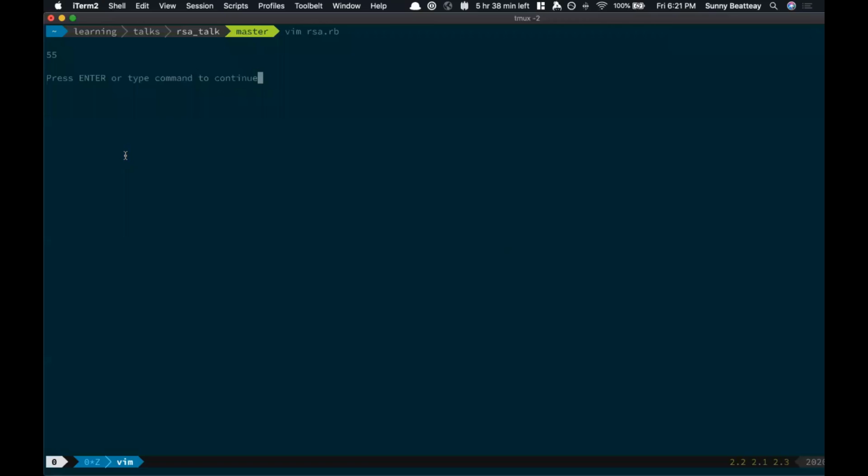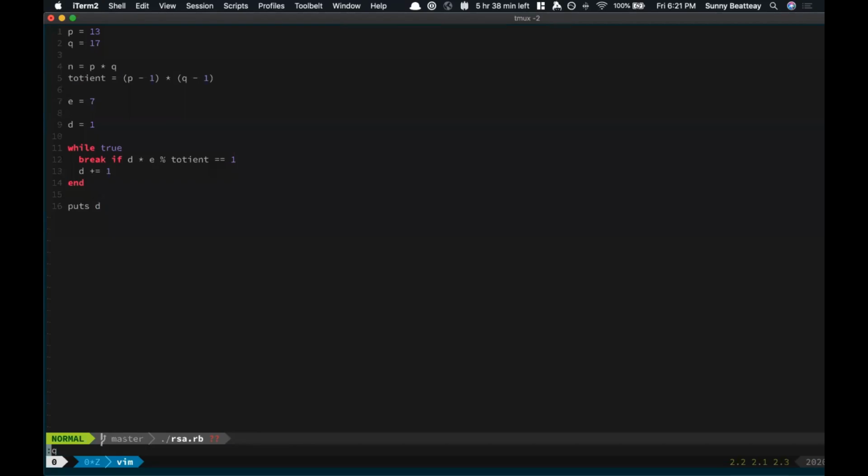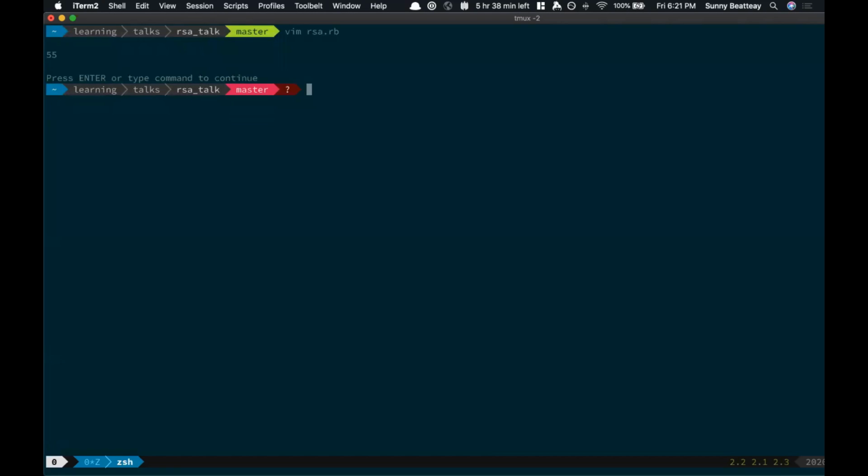So I have a server running right now on my computer, and the server will accept a public key. It will then encrypt a message with that public key I give it, and give me back a cipher. And it'll be on me to try and decrypt that cipher using my private key. So it's very similar to the Bob and Alice example. Imagine I'm Bob, I'm sending Alice, the server, my public key. Alice is then going to send me back a cipher that was encrypted with the public key, and I'll be able to decrypt it with my private key.